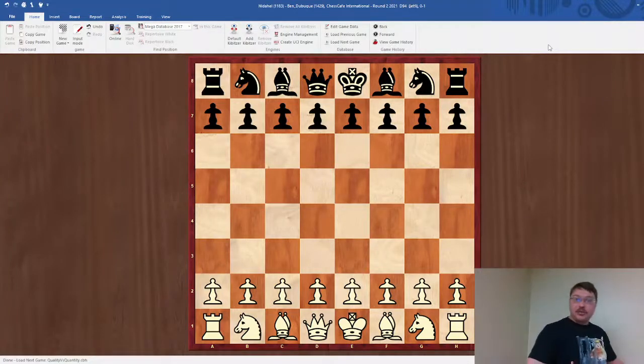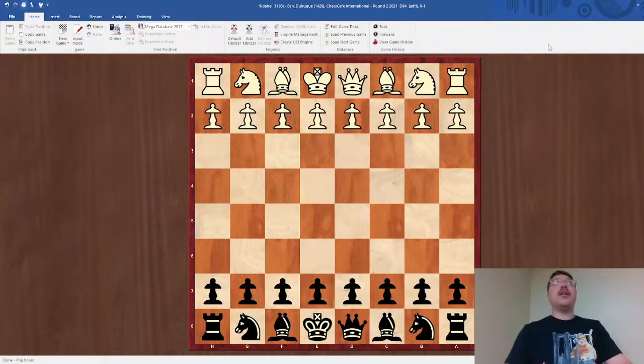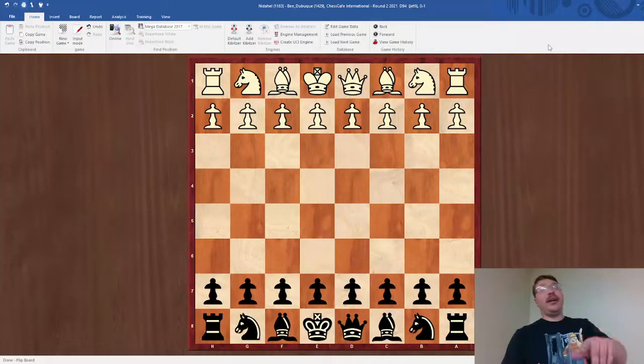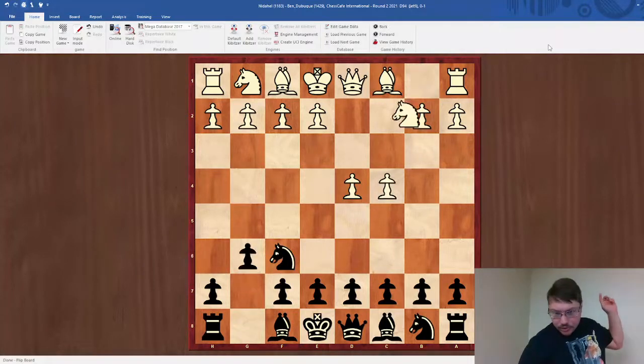Now this was played by myself. I had the black pieces. So we're gonna go ahead and flip the board. And I'm gonna fast forward through the opening,